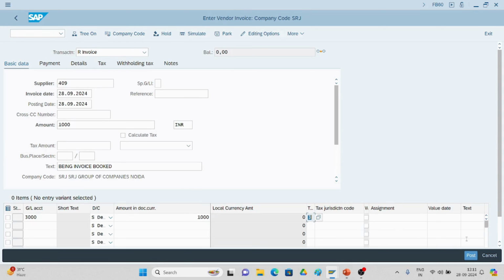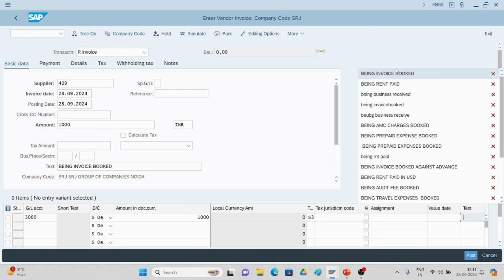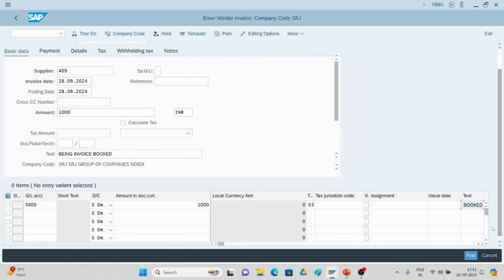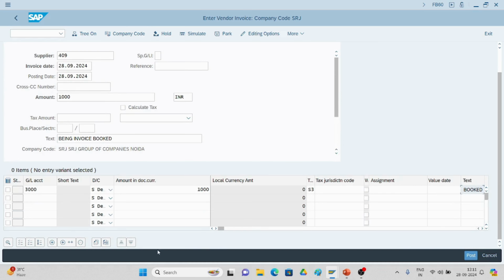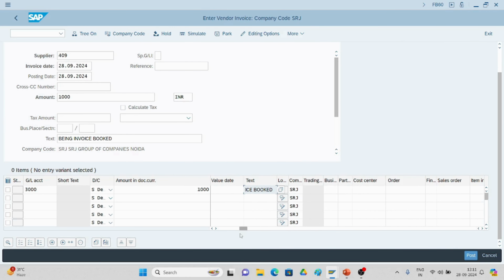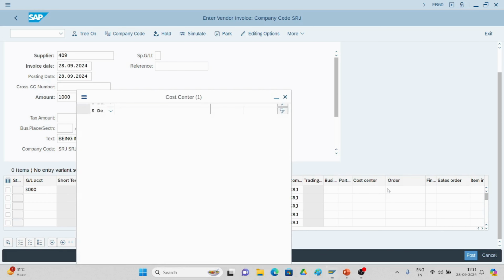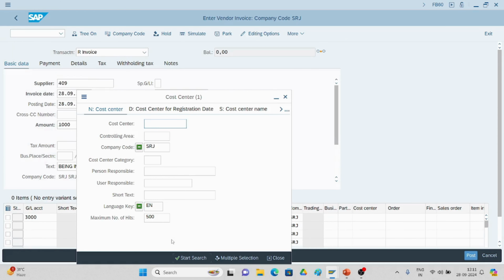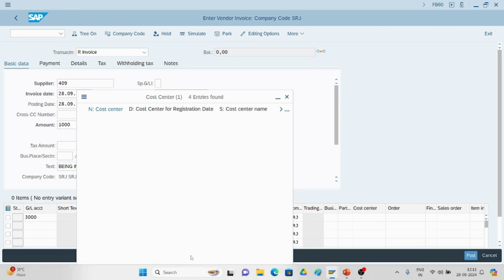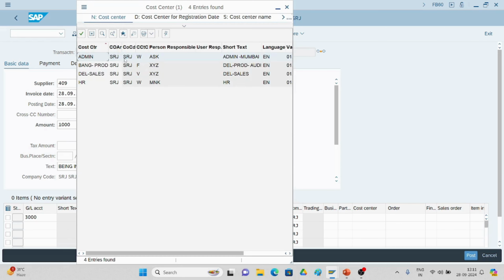Just you go to text here, "bean invoice posted", and you just go to the cost center. Where is the cost center? Just go to the cost center. You observe here, cost center will be there. Whatever cost center we have created, we can go and see it over there, and you put the tick mark over there. I am putting it for this cost center,